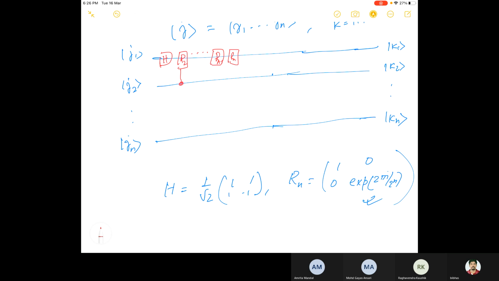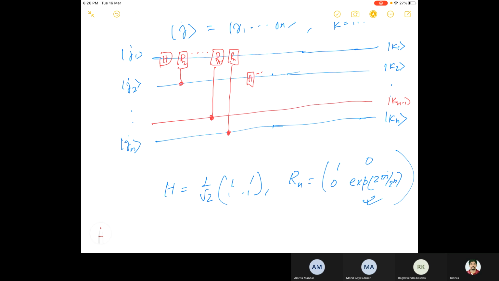I need to draw one more. So this will be controlled by this one. This will be controlled by this one. Then I'll have the same thing here for